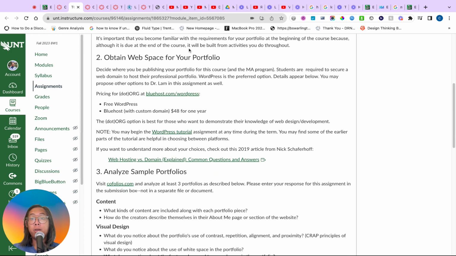And then the second thing I want you to do is to obtain web space for your portfolio. Part of what we'll do is work on actually building a web portfolio, but we're going to want to host it somewhere. So I'm recommending you use WordPress, and in particular WordPress.org, not the .com. The .com is really for beginners, but they kind of rope you into selling you added services that you don't need. So you'll want to use the WordPress.org